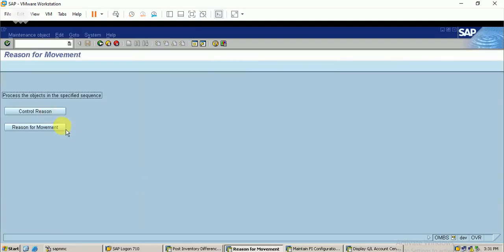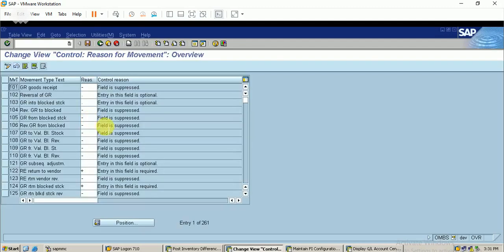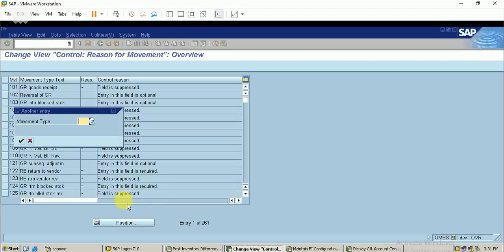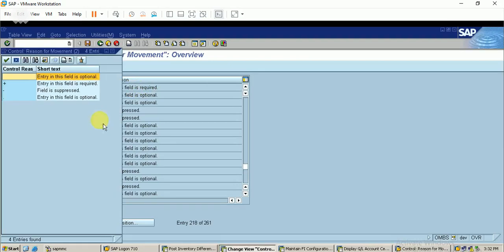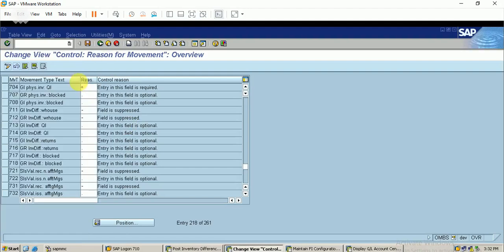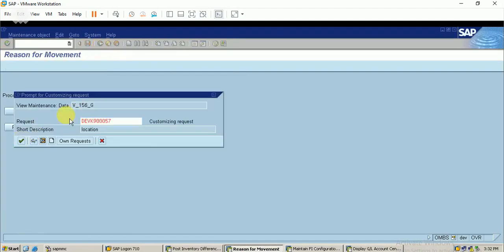You can have the reasons for the corresponding movement types in this tab. So for movement type 704, the entry in this field is required. The plus indicator ensures that the entry in this field is required. Okay, just save it. Please ensure this option is available in your system.